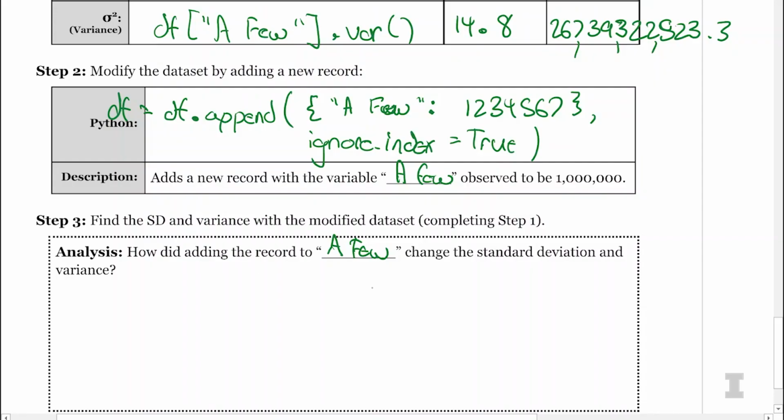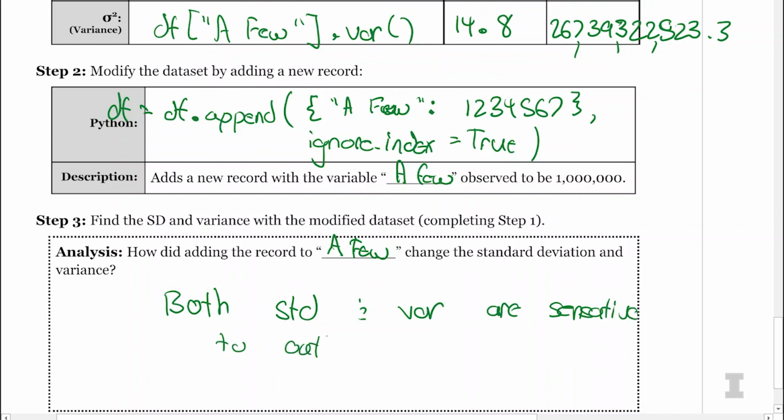Well, it changed them. It increased them by a lot, but I'm not sure about the factor. Yeah, so we can see that both the standard deviation and the variance, because the factor is going to affect it by how much other data there is, because the variance is going to depend on how much other data exists in the data set. We did notice that both standard deviation and variance are very sensitive to outliers. Yes. And they both change when you add an outlier.